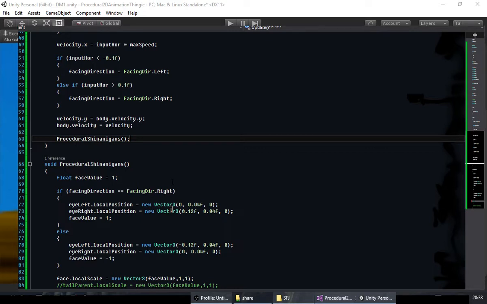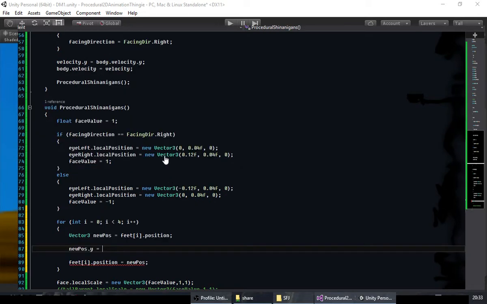So new pos dot y should be like, let's say time dot time. No, wait, no. Actually, let's make a little private section here for animation. So we want private float,